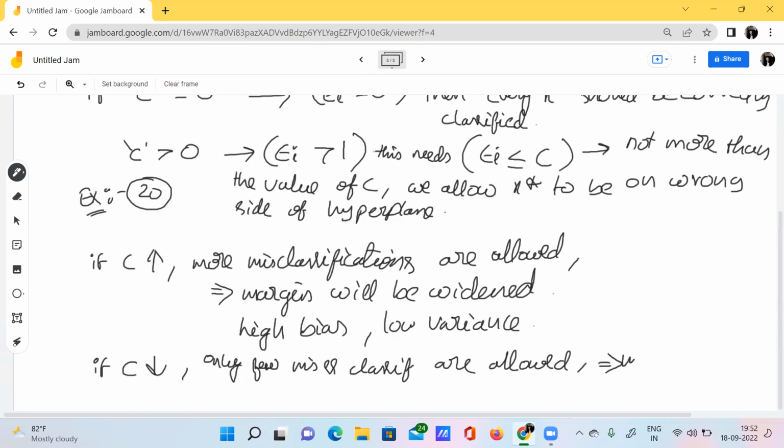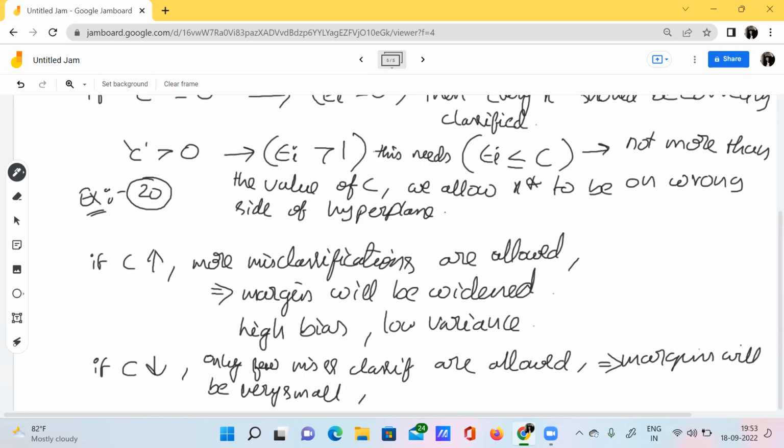That means margins will be very thin, or we can call it, margins will be very small.